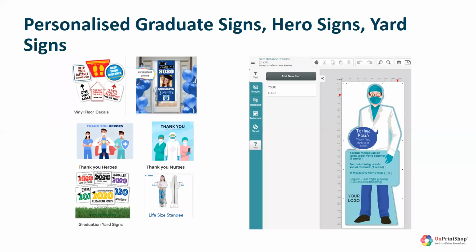Even products like yard signs, graduate signs, and safety signs, where any small business owner who does not have a professional designer or who does not know how to design can pick up a ready template, add a custom logo and text quickly and order online. So even in lockdown, when regular businesses were down, a few of our clients were very busy